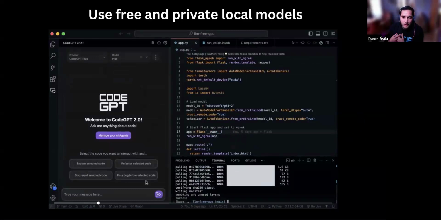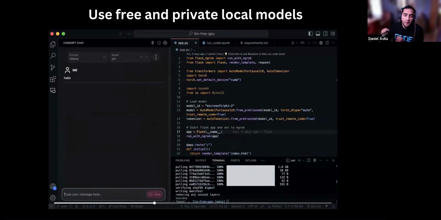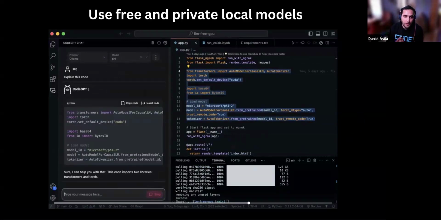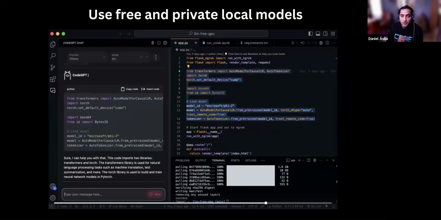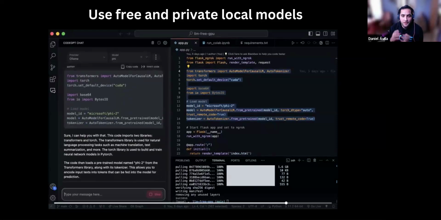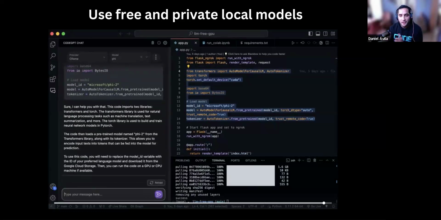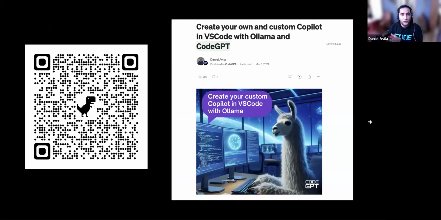So you could download the models, start to run the model inside of your computer, and then you just have to write the name of the model, and CodeGPT is going to be able to connect with Ollama and start to use the full local model inside of Visual Studio Code. So you don't have to pay. You're going to be able to have everything private on your local computer. And this is pretty amazing because it's really fast. You could use these kinds of models inside Visual Studio Code, and it's going to be totally free. And you could use chat, or you could use autocomplete code.